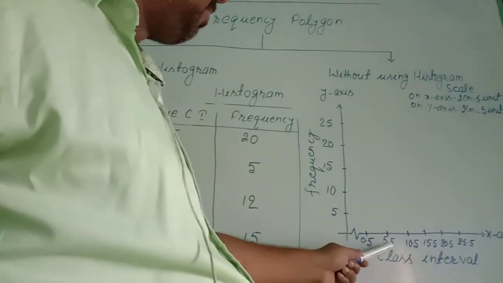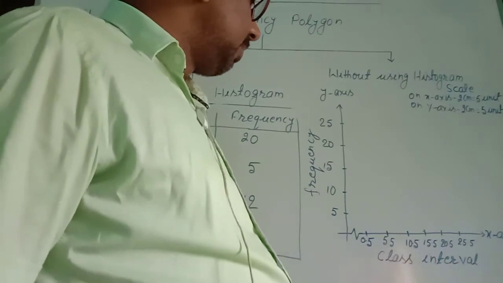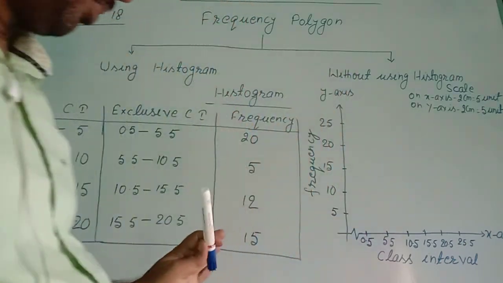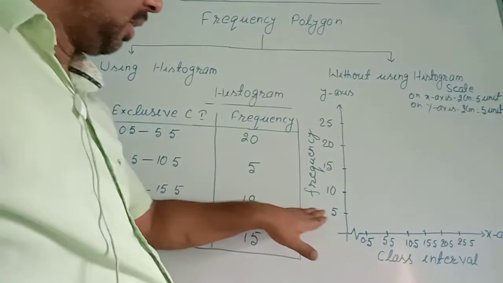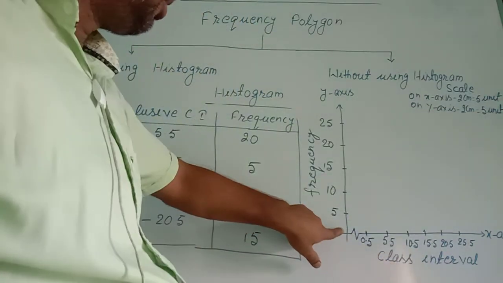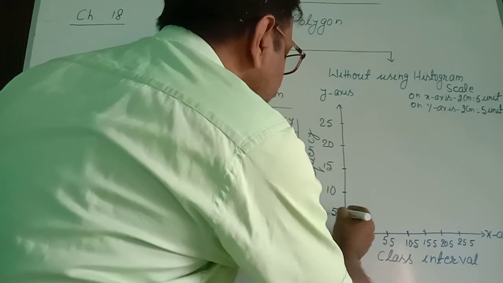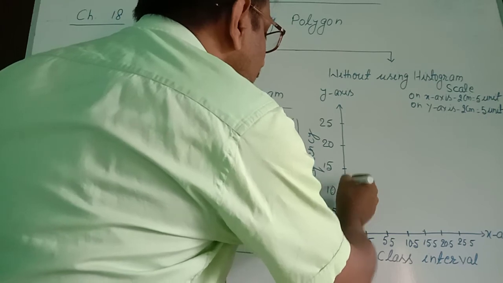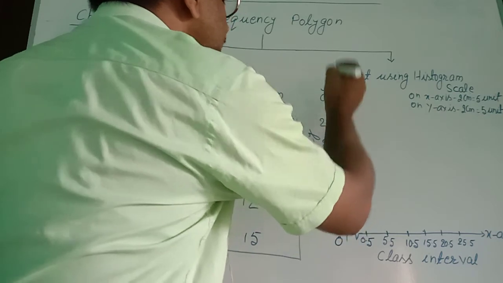So you can check, 5.5 minus 0.5 equal to 5. 10.5 minus 5.5 equal to 5. So everywhere this width is 5 units. This width should be the same for each class interval. And on the y-axis I used 2 centimeter equal to 5 units. This distance here is 0. This distance is 2 centimeter. I wrote 5. From here to here, this is 2 centimeter, so I wrote 5 plus 5, 10. 2 centimeter, 15. 2 centimeter, 20. Again, this much is 2 centimeter, 25.